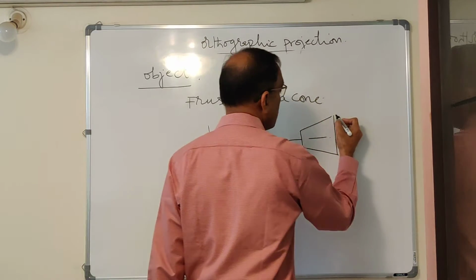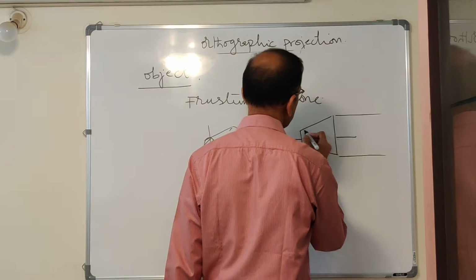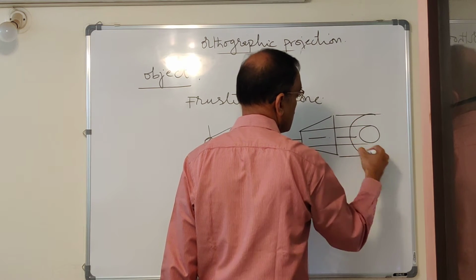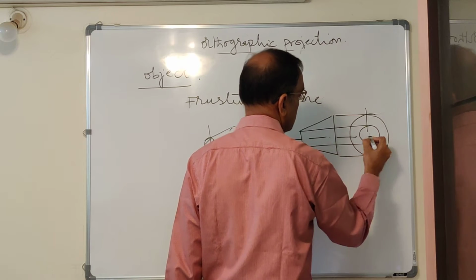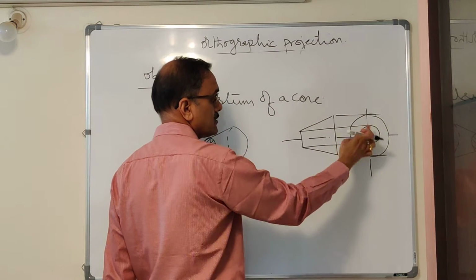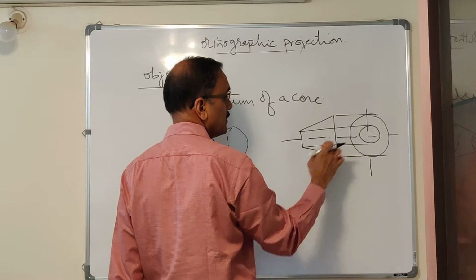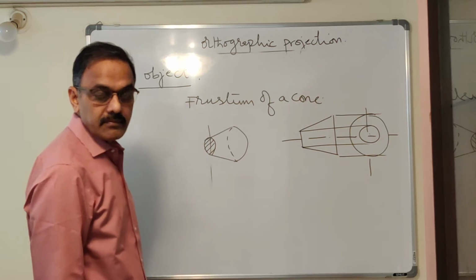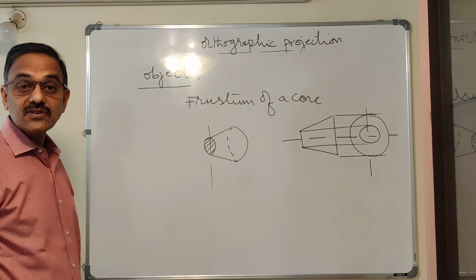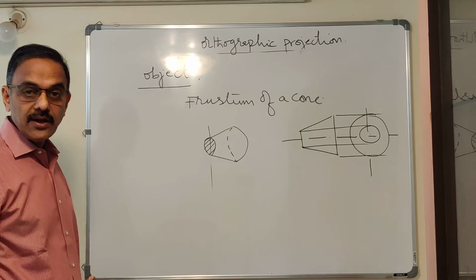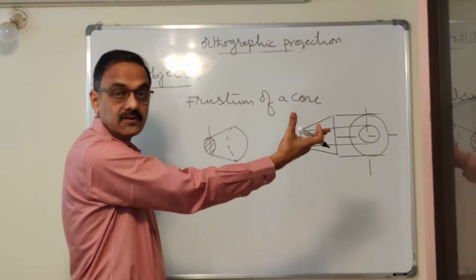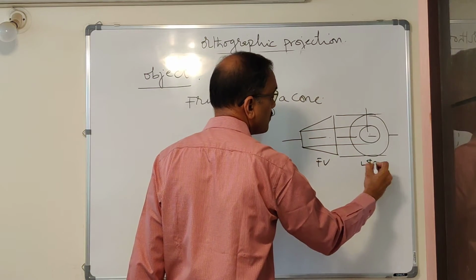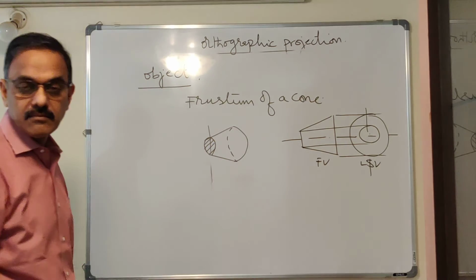Let me draw it here. This is one circle, this is the other circle. This alignment is important. This is the smaller circle which corresponds to this width and the bigger circle corresponds to this width. What I have drawn there is the left side view or left view. Where did I draw it? I have drawn it on the right side of the front view. This is in fact the front view. This is the left side view. The left side view is drawn on the right.